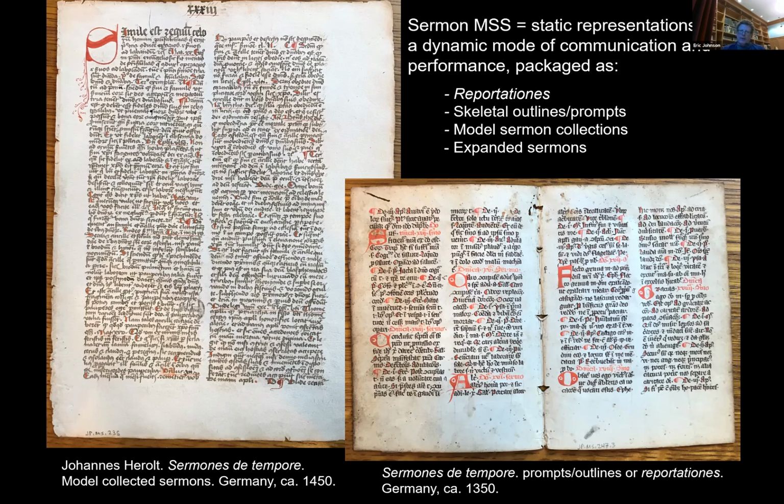This is either a reportatio manuscript where someone has just jotted down notes and then done so in a finalized way. This is not working notes. This is a formal book that could have been produced from reportatio notes. Or it's a manuscript that preserves skeletal outlines or sermon prompts. And this is one of those that does exactly what I described a few seconds ago, which is it lists,